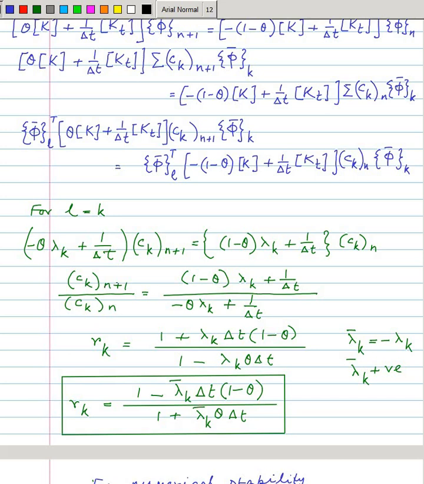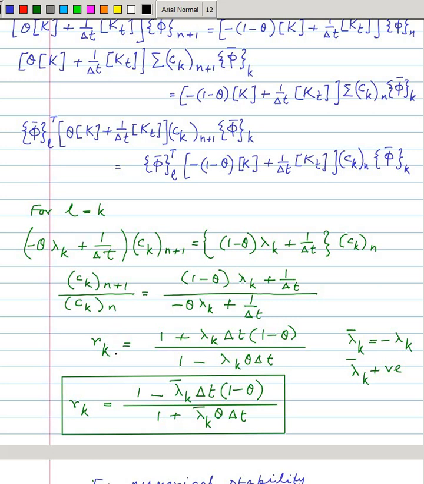That means at t_n+1 the value of c_k, and at t equal to t_n the value of c_k, the ratio is this, and we want the modulus of this ratio to be less than 1, so that this coefficient slowly decreases with time. And the decrease,